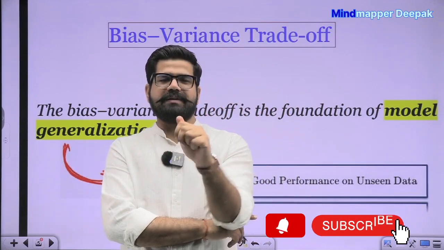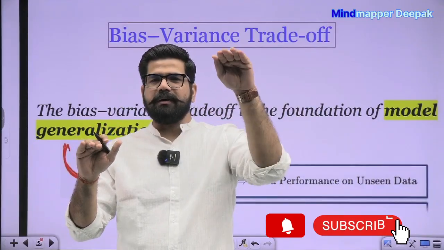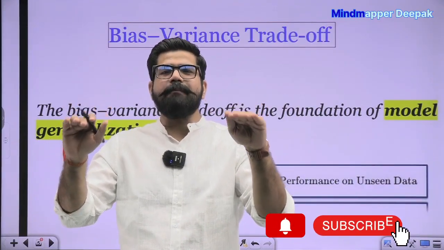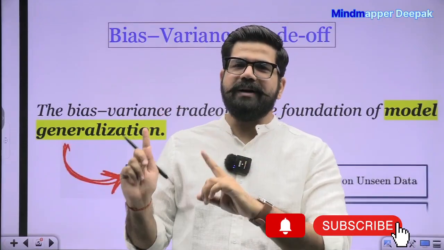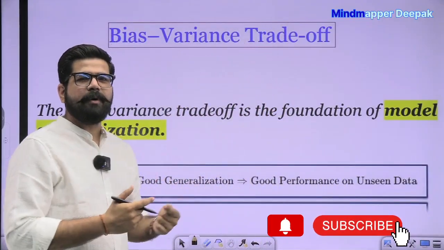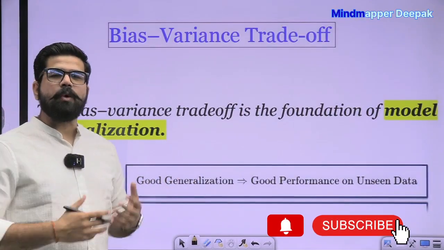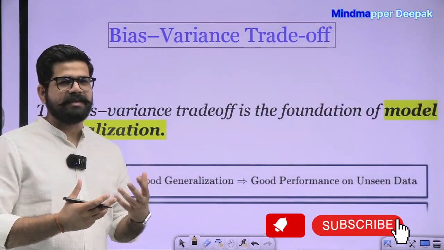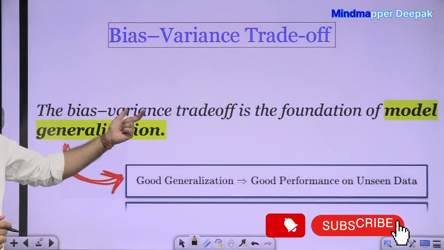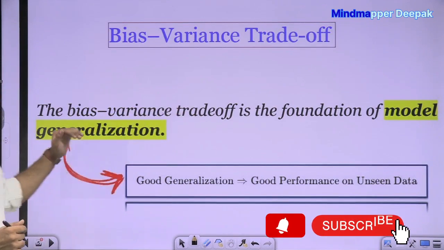Keep in mind that certain things, something is high, something is low, maybe A is low and B is high. In that case, you need to make a balance between them. So this complete concept, bias variance trade-off, is all about making the balance of all these things, how you can generalize your model and how the bias and the variance can be balanced. In the complete session we can see. So bias variance trade-off is nothing but the foundation of model generalization.